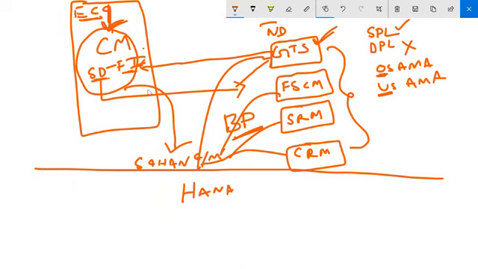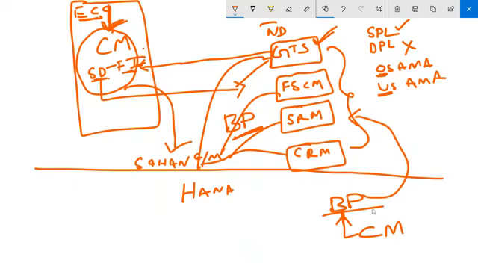When I say removed, it has not been removed completely. Now the customer master has been made a subset of business partner. That means first you create a business partner, which is used by most of the modules. Then if you decide you want this business partner to also behave as a customer or a vendor, customer belongs to SD, vendor belongs to MM, then extend it. So now customer master is a subset of business partner.